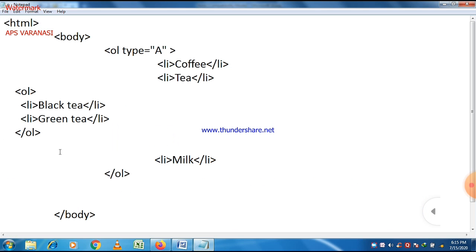As we know that the OL tag is used here to define a list, and different data items are there: coffee, tea, and milk.